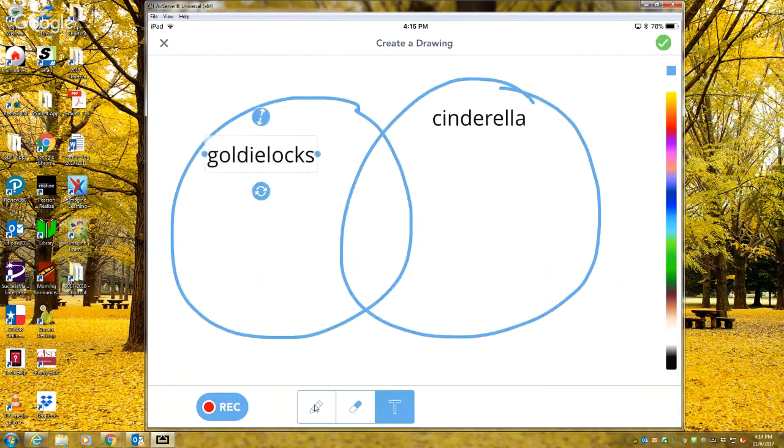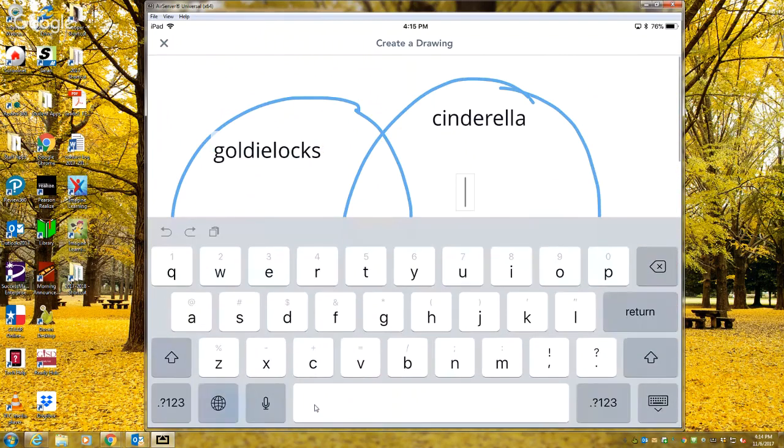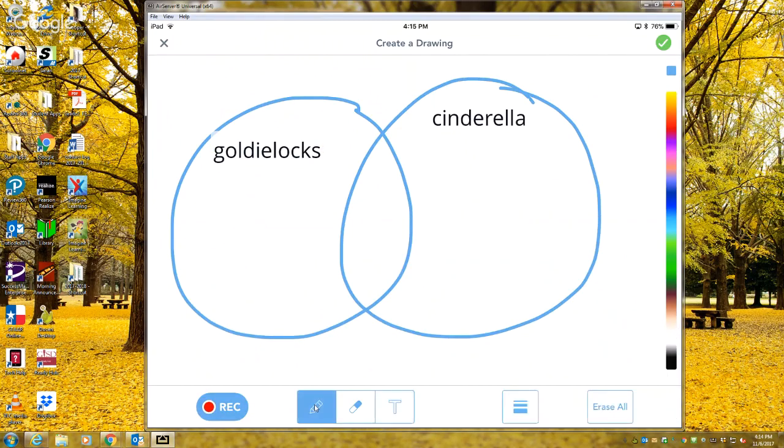And then once they have it labeled, they could either handwrite on it or they can draw on it, and they can say,